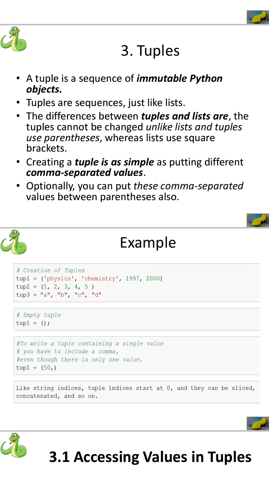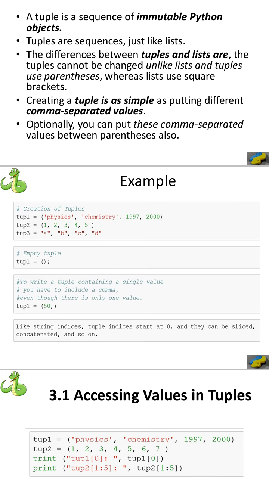And also, in our earlier video we studied that list elements are placed in square brackets, comma separated, whereas tuple elements are placed inside parentheses. These are the two main differences between tuples and lists.